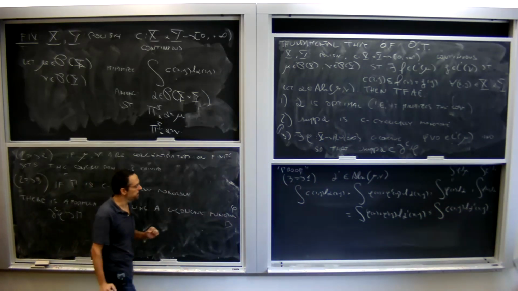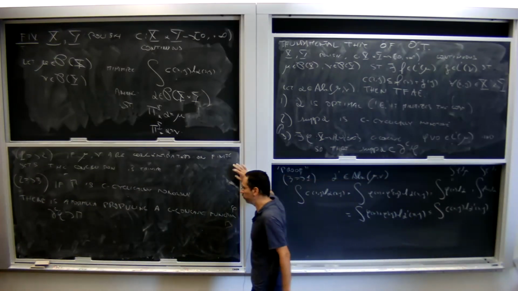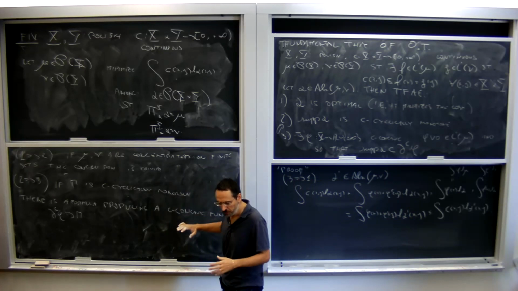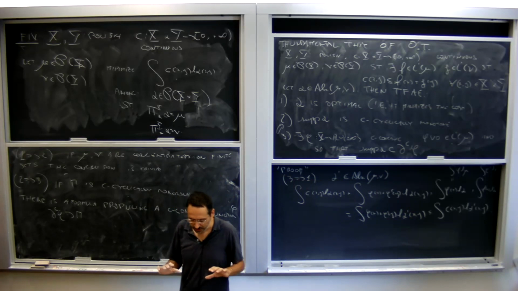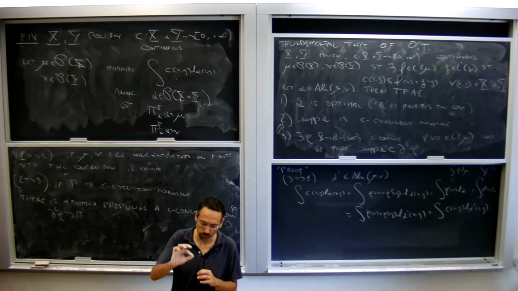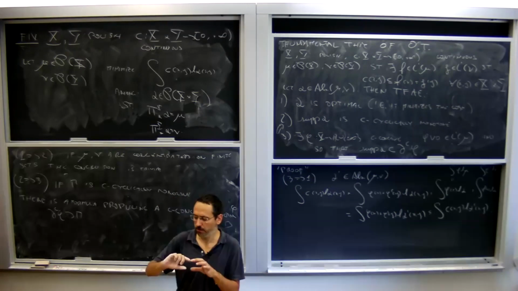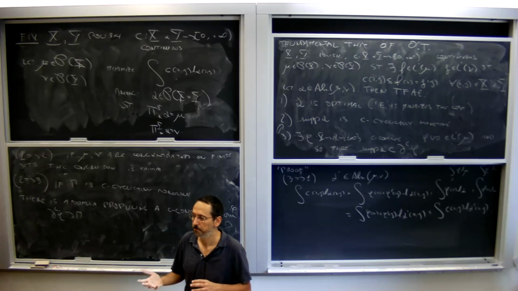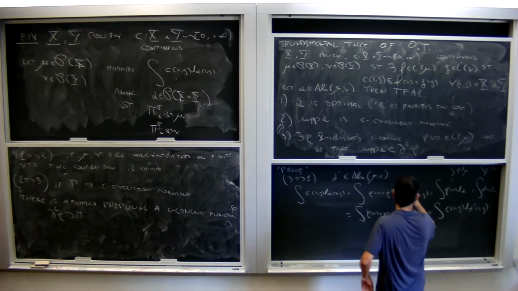Which might be strange at the beginning, but if you go back to the finite dimensional case, perhaps you see why this can be true, because in the finite Dirac masses case, it's clear that C-cyclical monotonicity characterizes optimality. It doesn't matter how much mass you give to each of those points. As soon as you give a positive amount of mass, you must be C-cyclically monotone, because otherwise you can permute stuff and be strictly better. Okay, so that's the same kind of principle which is at play here.